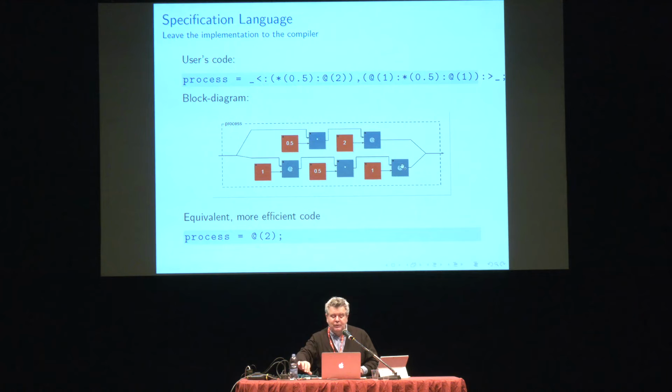From a mathematical point of view, this is just doing a 2-sample delay on the input signal. You made that very complex, but it's just a 2-sample delay. And the Faust compiler will be able to discover that and just compile the code as a 2-sample delay. That's very convenient. Why? Because when you use Faust